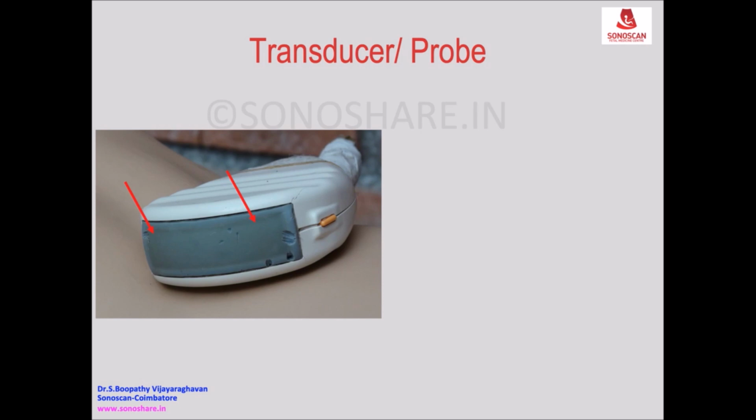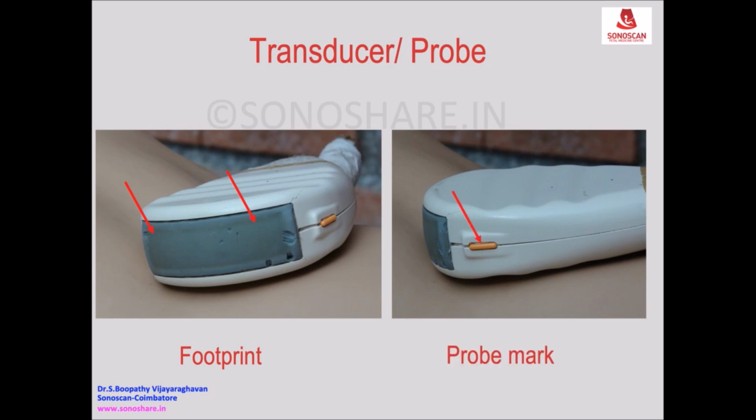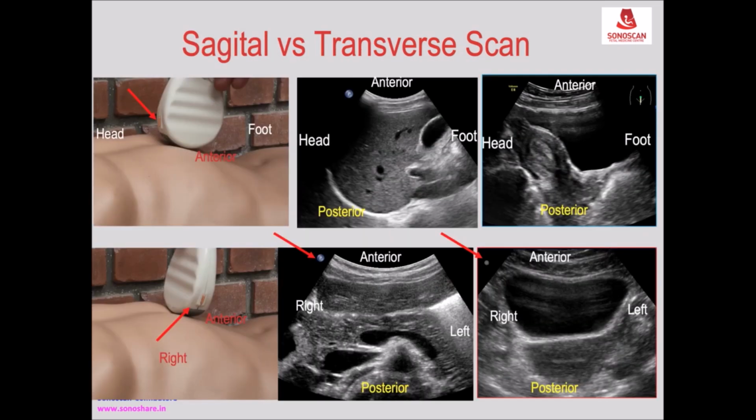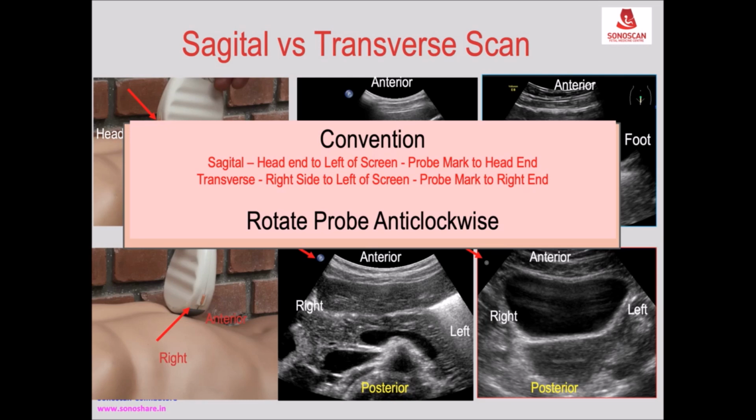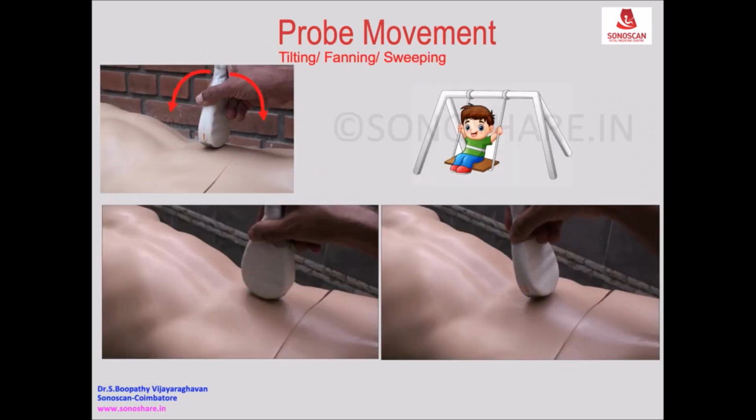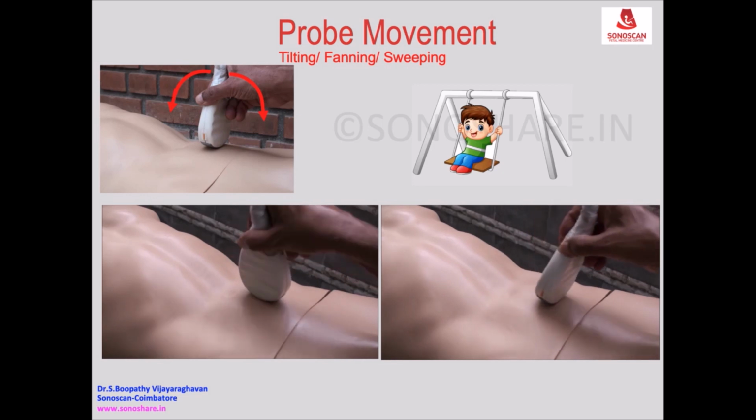Like that it is explained. And the transducer part, the footprint and the probe mark are described and their place on the image is shown, and the various planes of scanning are explained, and this is how the orientation of the image is explained in the sagittal and transverse scan, and how to follow the convention of sagittal to transverse, how to rotate the probe is described, and the various movements of the probe are explained by